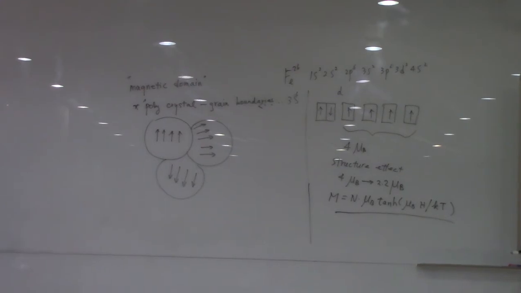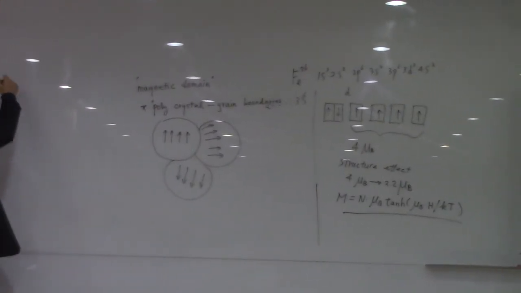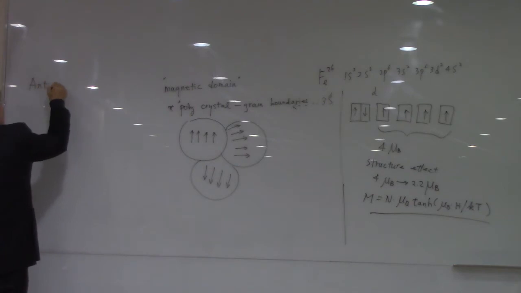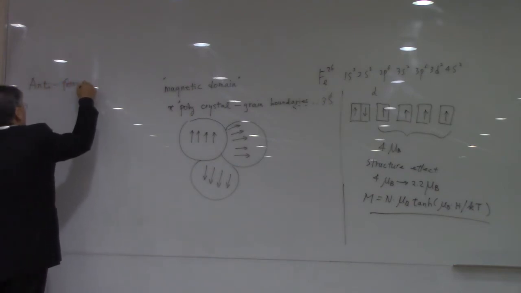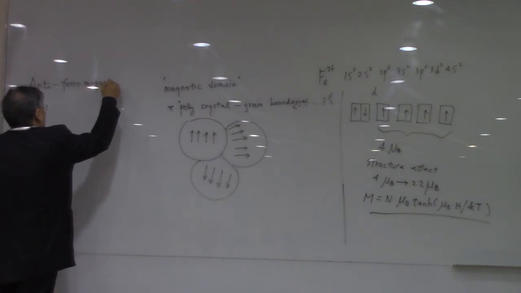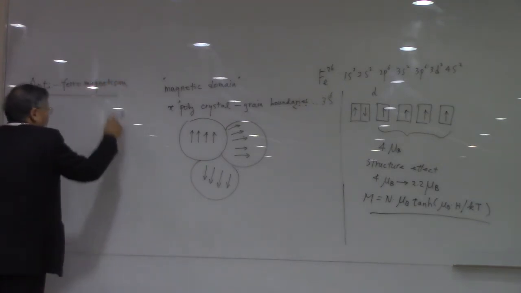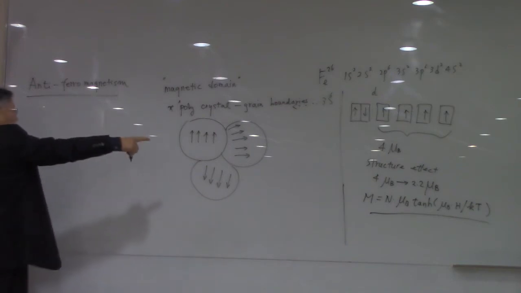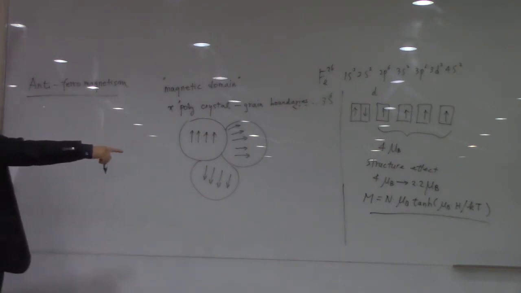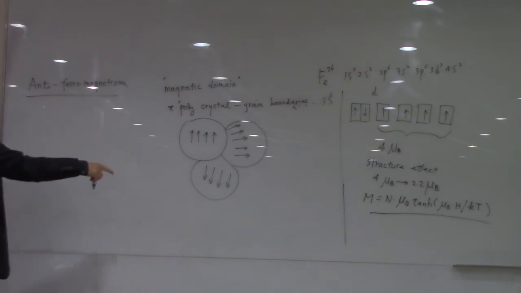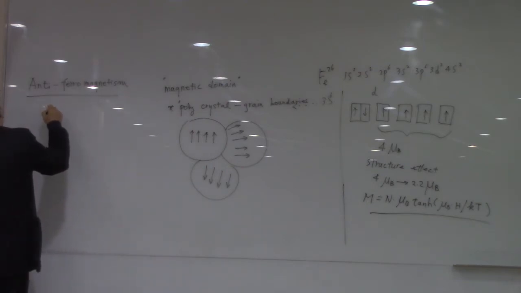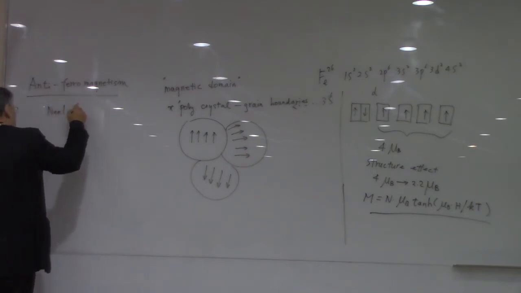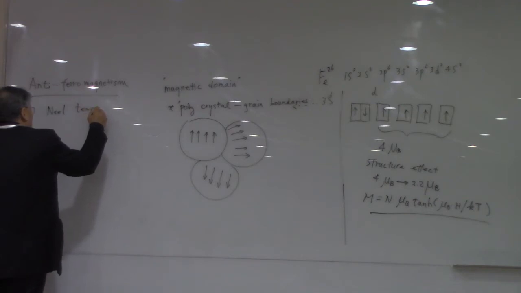And antiferromagnetism, it's just the opposite concept of the ferromagnetic materials. And we have a Curie temperature for the ferromagnetic materials, and we have a Néel temperature for the antiferromagnetic materials. And this is the temperature